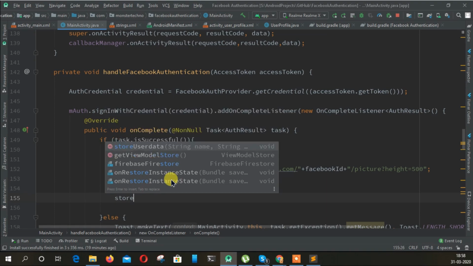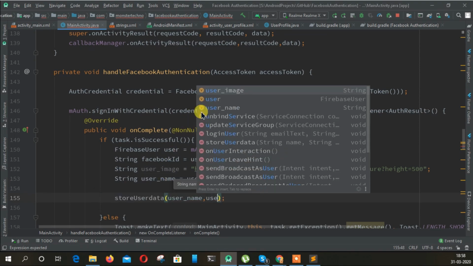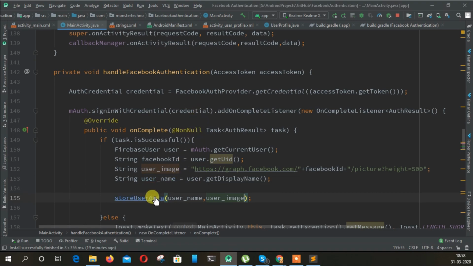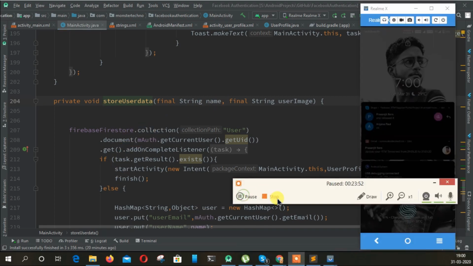Now let's store the user data, user name and user image, and the next thing remains the same. So let's run this application and